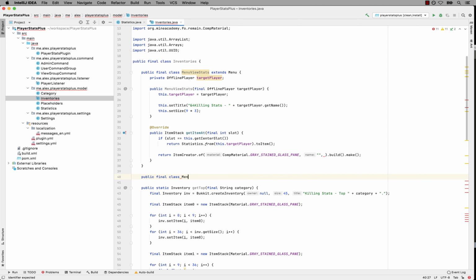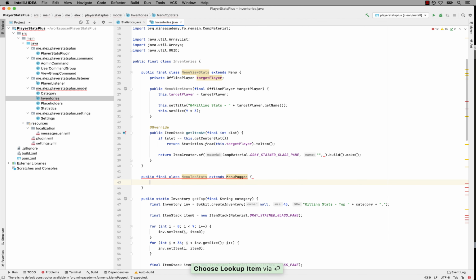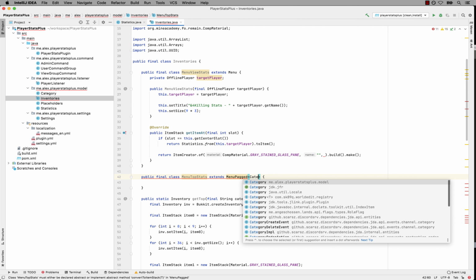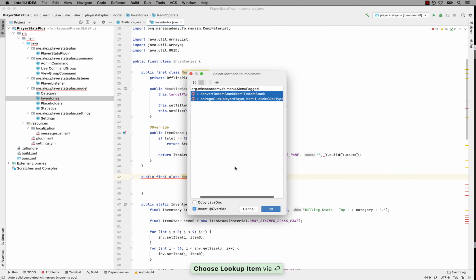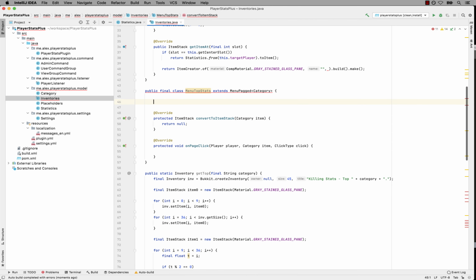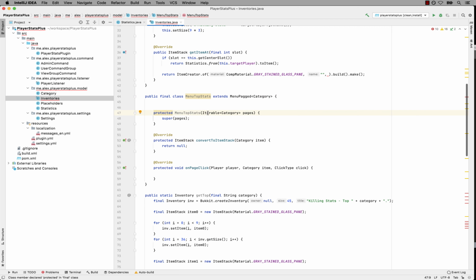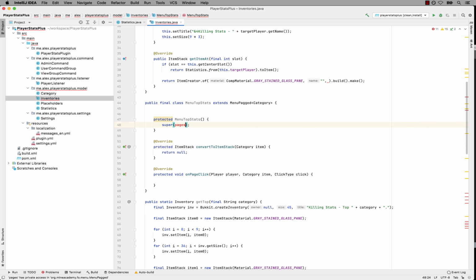It's gonna be menu tab stats, and this time I'm gonna extend menu paged, which Foundation uses as a simple way to paginate items in the menu. And we're going to be paginating first the category. You need to implement two methods here. Then create a constructor. There we go. And you need to put in the pages in it. So super pages